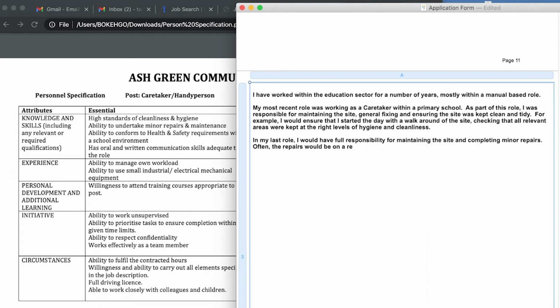Sorry, that doesn't say reactive there. Often repairs would be on a reactive basis. Okay, so again here, I've opened it up, I've set the scene, I have experience of this. This was my responsibility, and now I'm just going to give an example. And you can use the STAR technique for this as well, where you're setting the scenario and the task and the action and the result. So for example, teachers would often